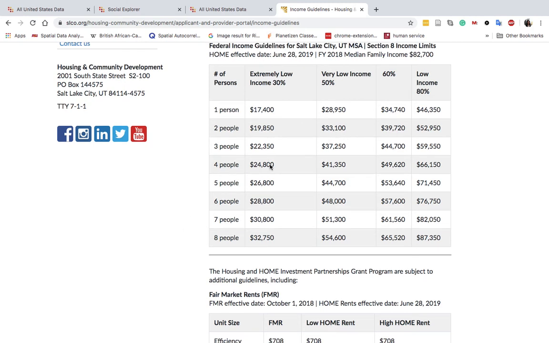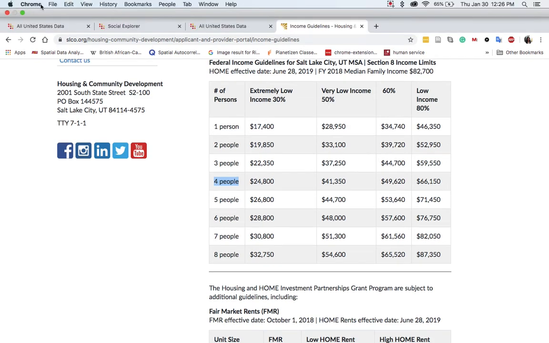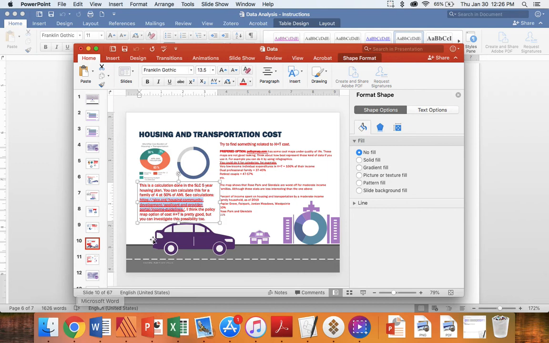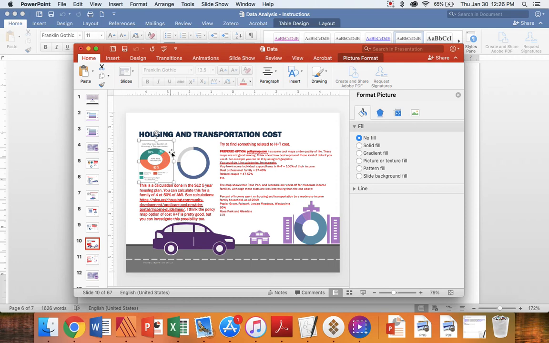So here, what we are looking for is people who are very low income. For a family of 4 that is very low income, it's 50%. I think it was 50%, but it could be 60%, 50% of their median income. So what they did was just a calculation